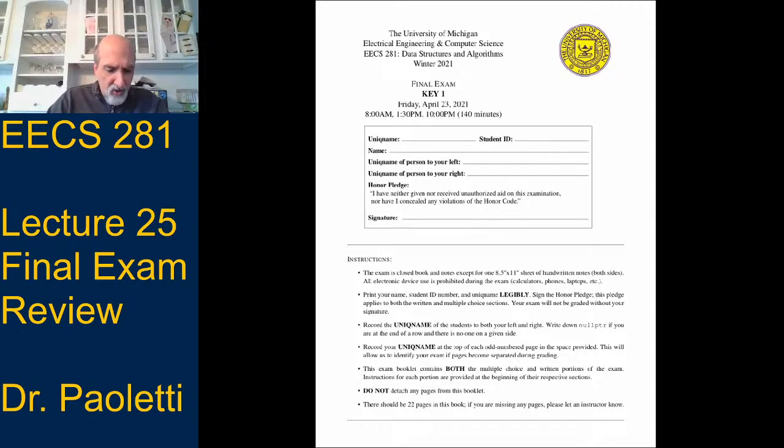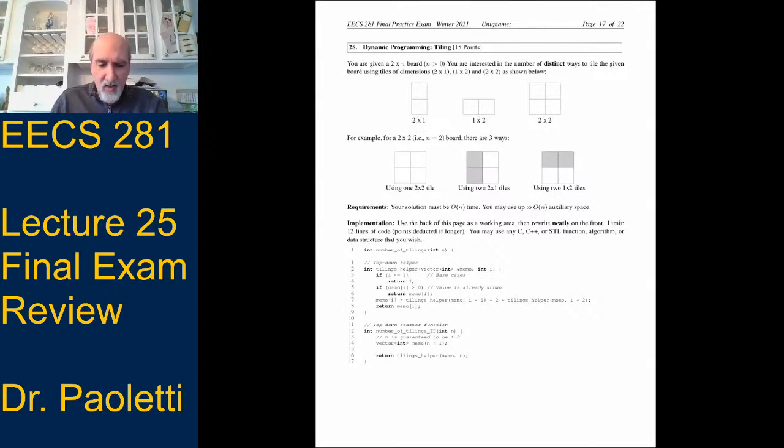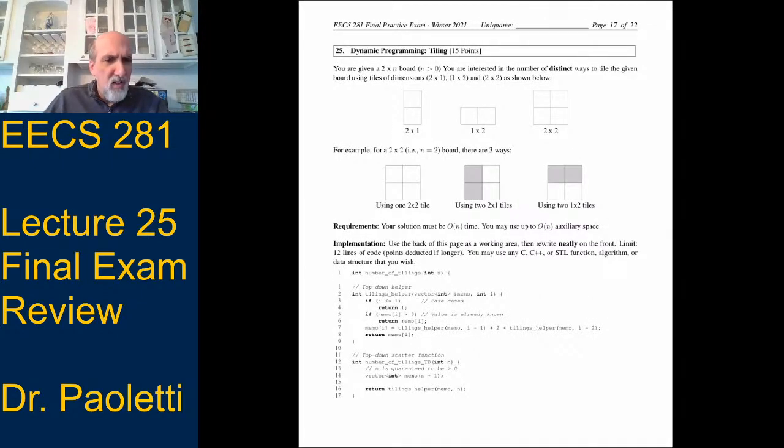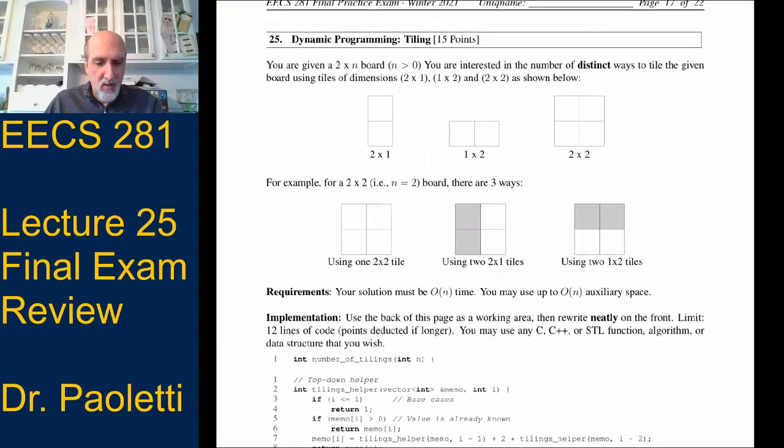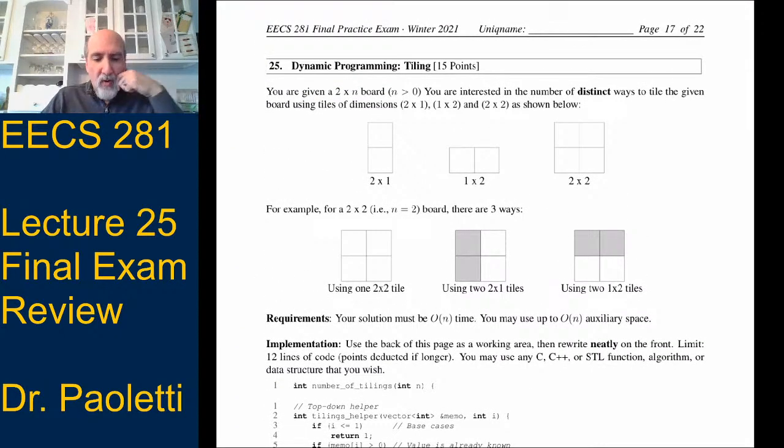It may not be shared properly for just a second. Okay, so hopefully you can see the practice problem here now. This is a dynamic programming problem from a previous exam that we're going to look at together.